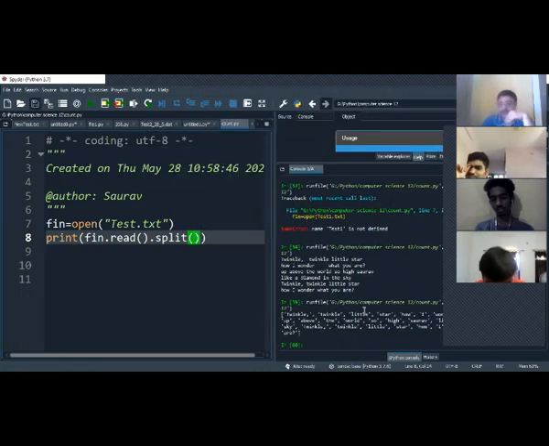Now see, can you see? Now it is in a list mode. Can you see? It is in a list mode now.